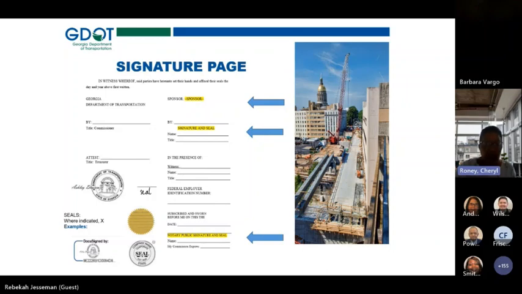I will say this, on this particular page, there have been instances where the subrecipient has completed the information to the left for the commissioner and treasurer. It should not be tagged for you, so you do not complete anything on the left side. You just stay to the right side and you'll complete your sponsor name. The executor will sign and put a seal on here.